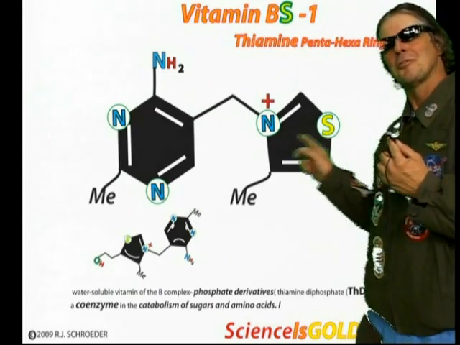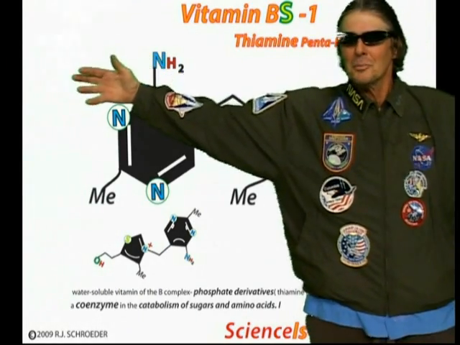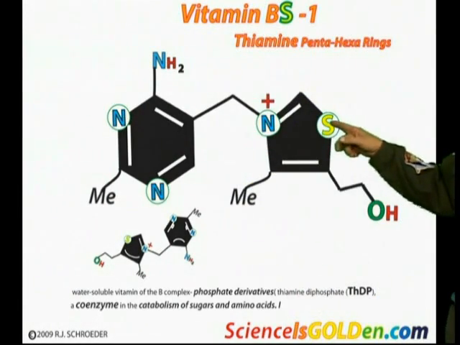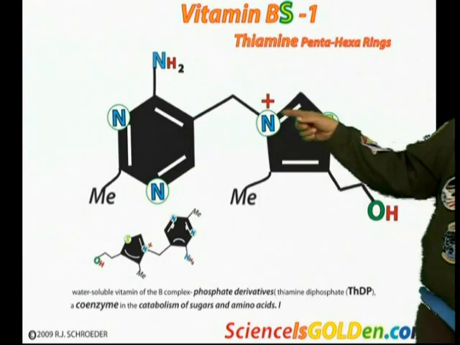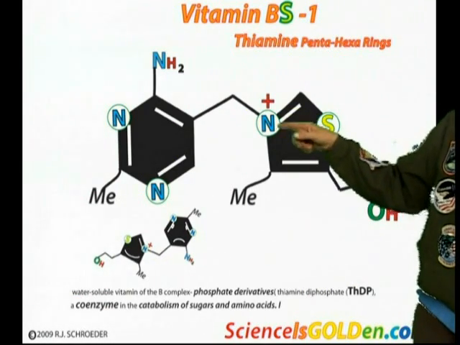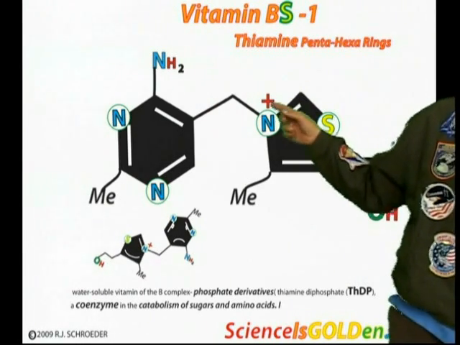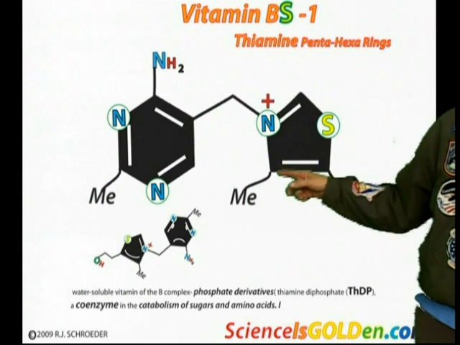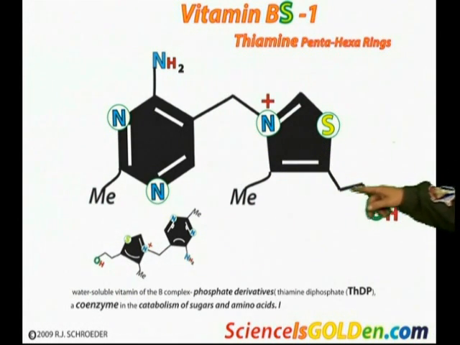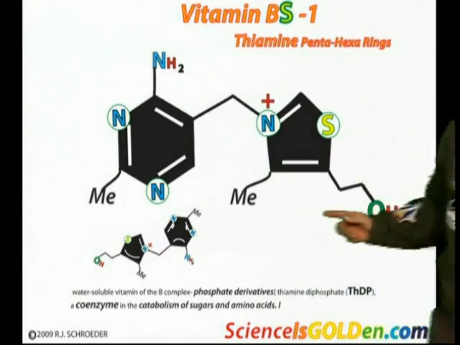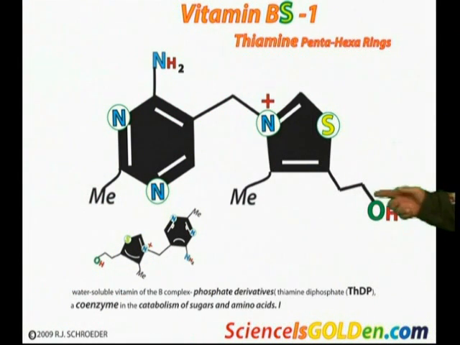You've got a sulfur in a five-membered ring. Sulfurs are humongous. Remember the periodic table? It's underneath oxygen. Same oxidation state as an oxygen. But you've got a sulfur in a ring. You got a nitrogen with four bonds that you usually don't find, so it gives it kind of a plus charge, delta plus. Methyl hanging off that ring, and ba-boom, ba-boom, one carbon, two carbons OH, that would be an ethanol. That's a real alcohol group. They'll call the alcohols just the OH, but ethanol is two carbons. So you've got an ethanol